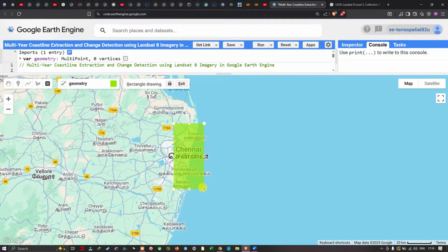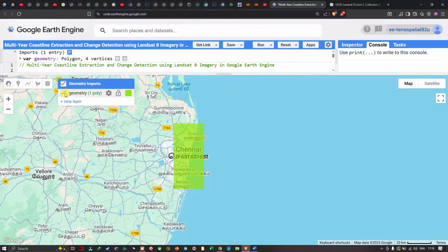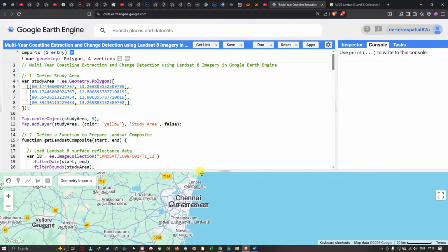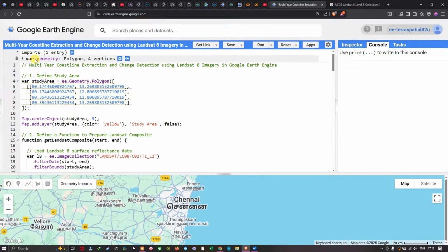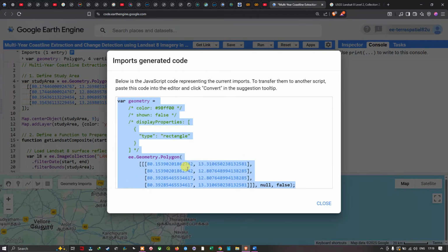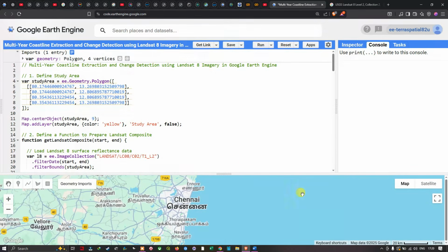In the next step, I'm going to click the option called exit, and I'm going to turn this off. In the top section, a new variable called geometry has appeared. I'm going to click the option called show generated code. In the generated code, we have the set of latitude and longitude, so we can see that. We're going to copy this latitude and longitude of the newly created study region. I'm going to copy using Ctrl C on my keyboard. So Ctrl C to copy, and once you copy it, we're going to paste it inside this variable here called